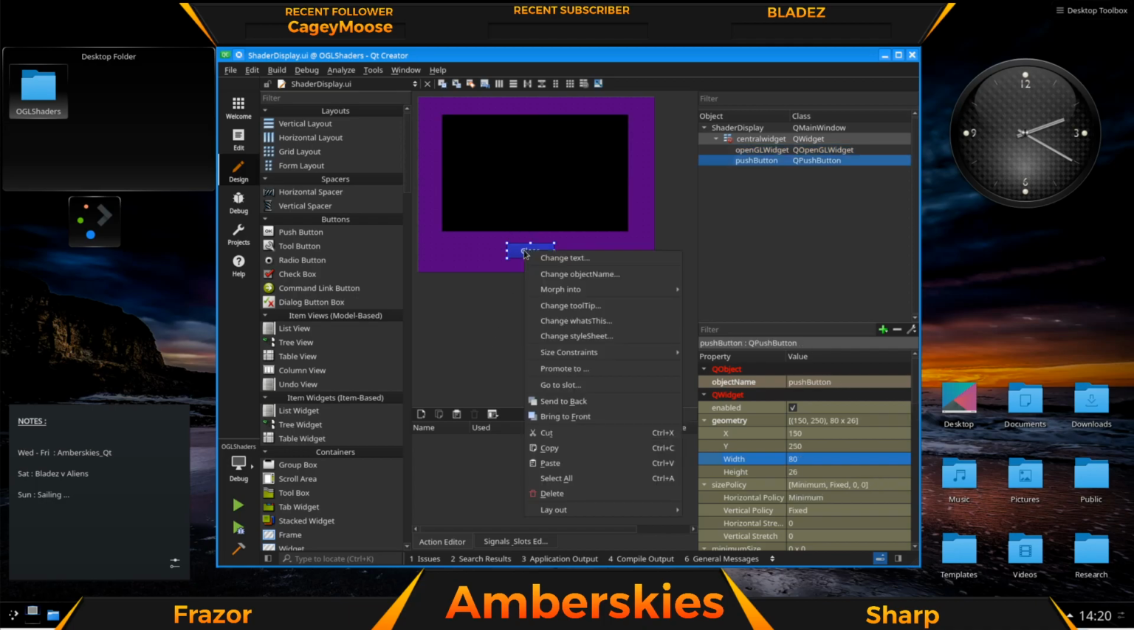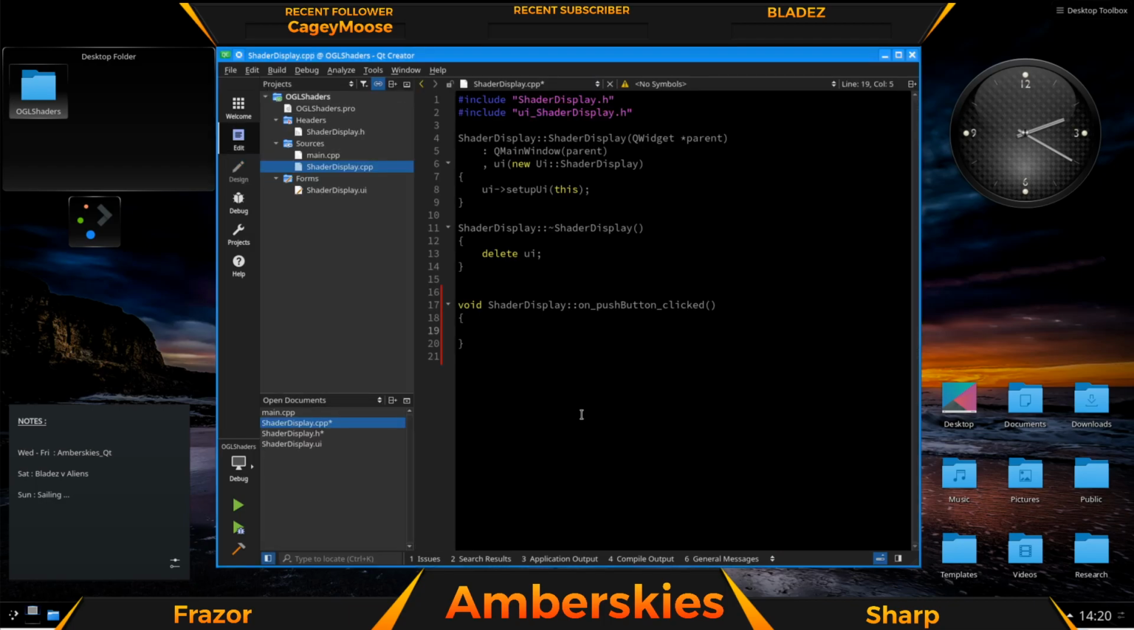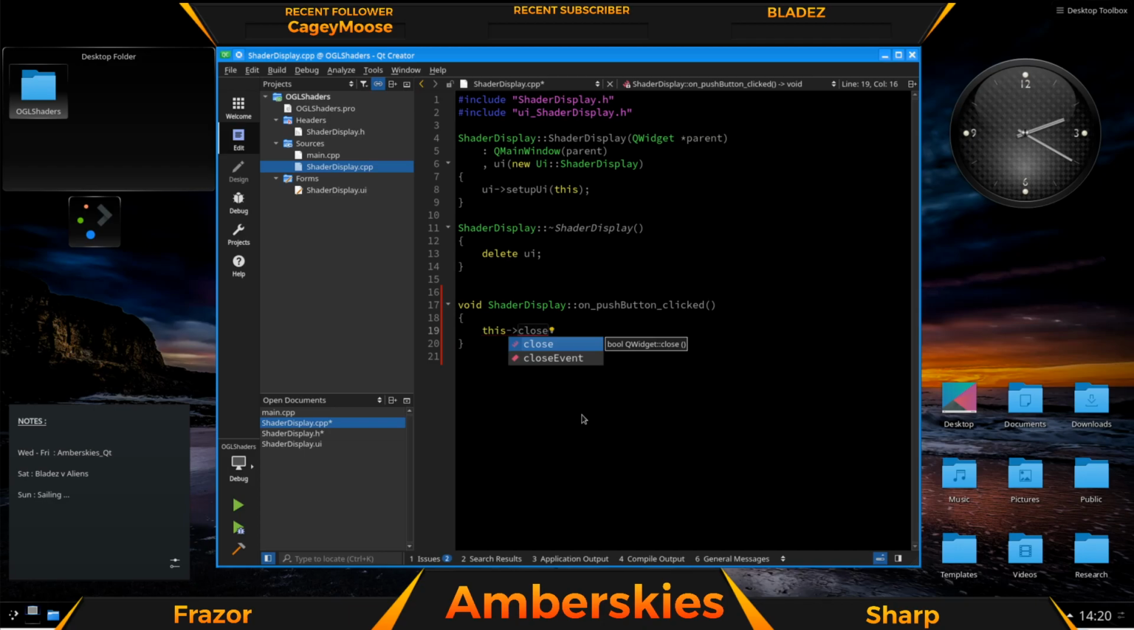Right, so close goes through to go to slot. Unclicked. Okay. And then it's just this. Close. And that's all we're going to do there. Alright, so sorted that lot out. That's fine, that does our display. Okay, now all we need to do is set up